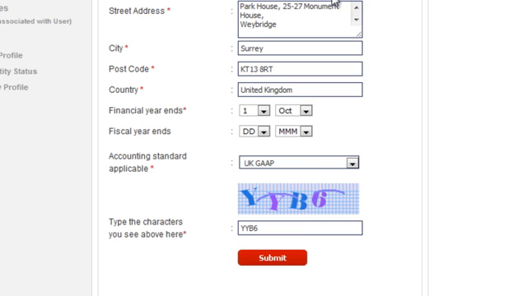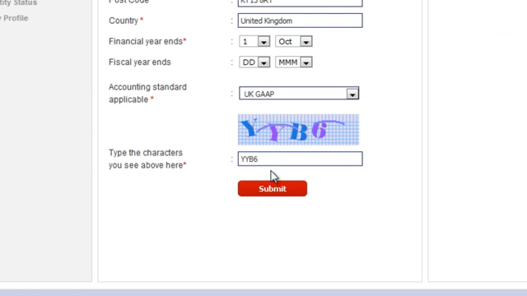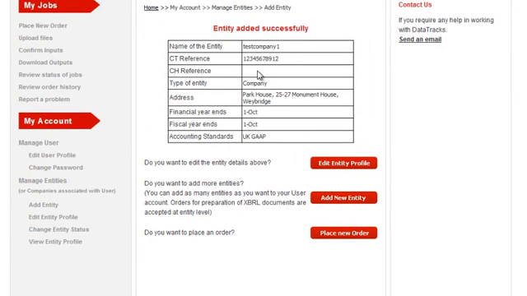A small error here. I've entered fewer numbers in the CT reference number. So I will go and change that. Once you've done that, the entity has been added successfully. So you now have the option of